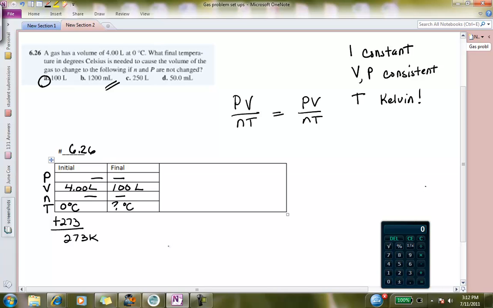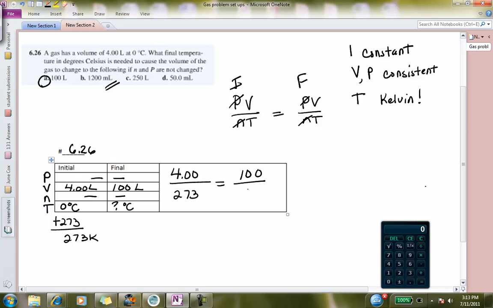And since pressure and number of moles do not change, I will eliminate both of those from my problem, and I will have initial and final conditions. I'll have V over T equals V over T. So initially I have 4.00 over 273, and that is going to equal